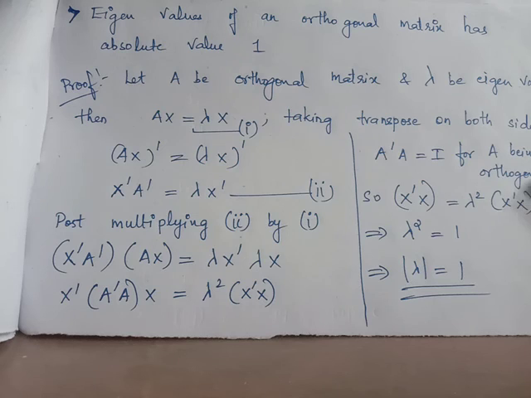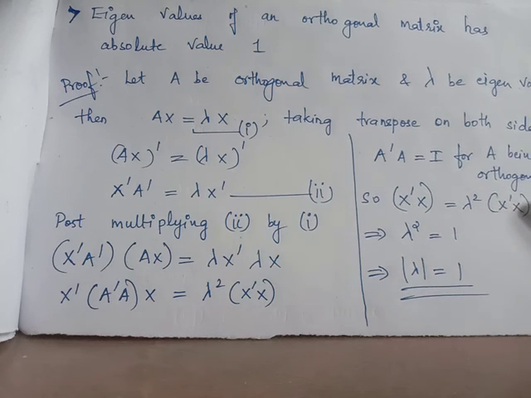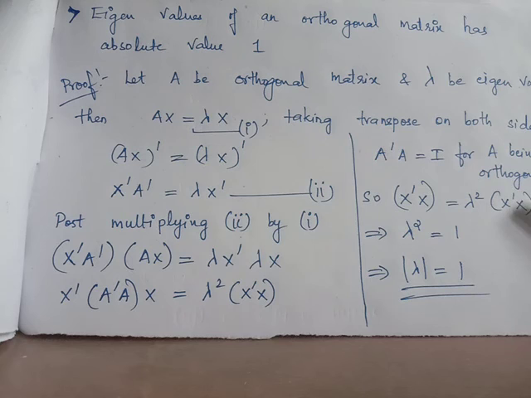When you post multiply this equation by the same matrix, x transpose into x the whole inverse, you know that both the matrices become the identity matrix and hence you get lambda square equal to 1. When you find the absolute value, you know that lambda has the absolute value always equal to 1 because the solution of lambda for this equation will be plus or minus 1. So the absolute value will also always be equal to 1. Thank you all.